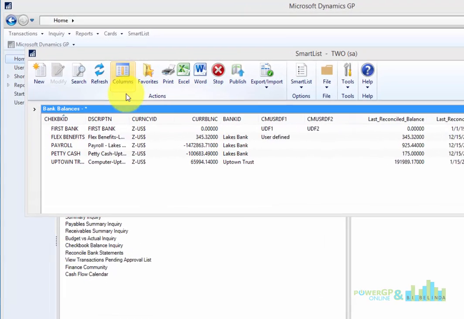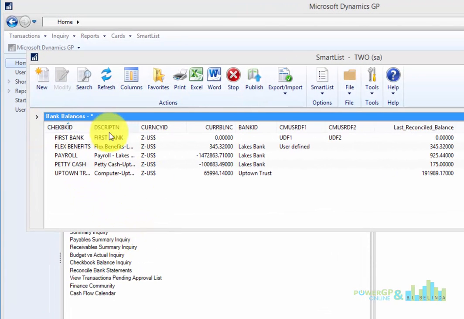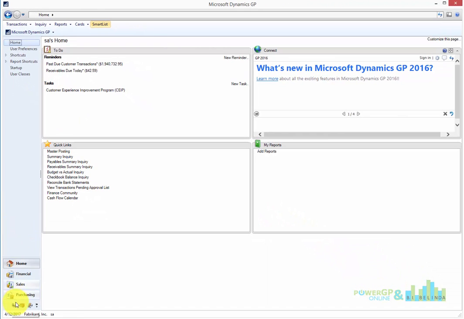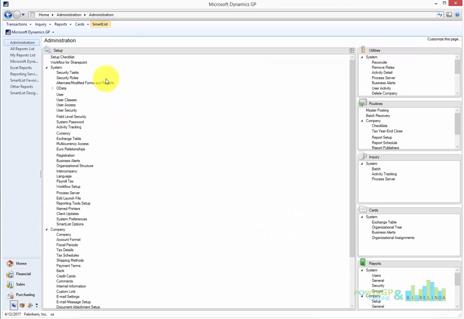In part 1 of our SmartList series, we created this SmartList object for bank balances. Now, if I don't want to show all of the bank balances in my default, perhaps I'm only interested in checkbook ID, description, and current balance, what I can do is edit this information. So I'm going to go ahead and close out my SmartList, and I'm going to go into my administration area